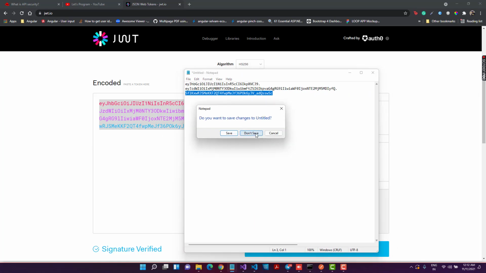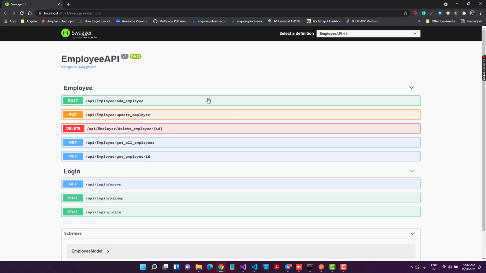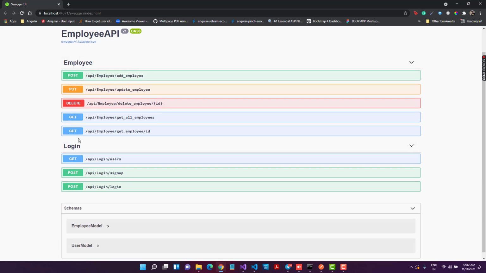This is actually a very good example of how a token should look, and we are going to create this in .NET Core and implement it so that we can secure our API and no one is able to access it. We have created all these endpoints that people can access. Suppose we deploy our API publicly, then anyone can access my API. I don't want to do that. I want to secure my API so that whoever has the token, only that user can access this API. So we are going to do that in this video.